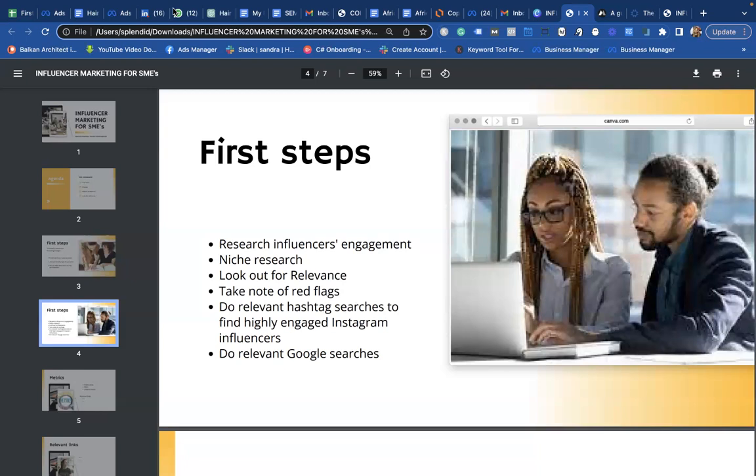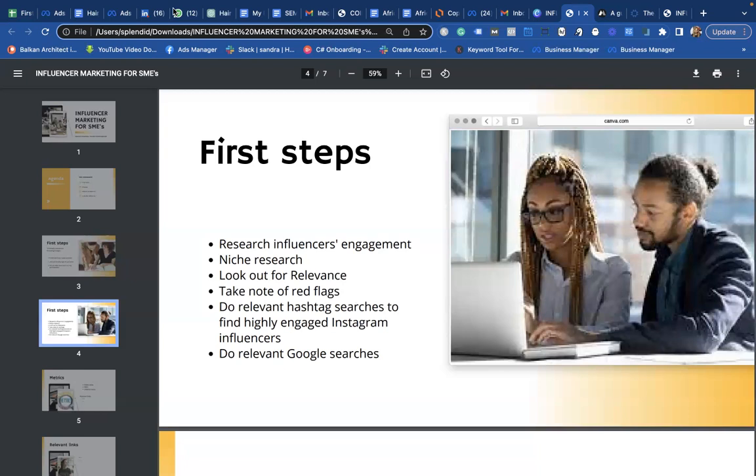Second thing is research on the niche. What niche are you looking to target? Right now, if you've noticed, most influencers, almost content creators, I would say, are niching themselves down to a particular scenario. There's this guy, Laya or something. He does his videos literally about secondary school and Yoruba movies. There are people that are niching down to a lot of things, even when it comes to business types.